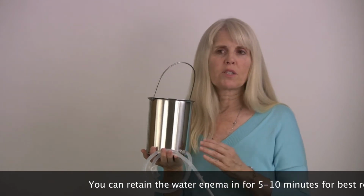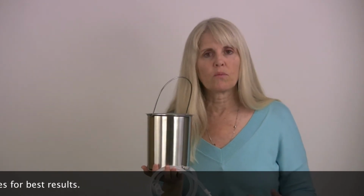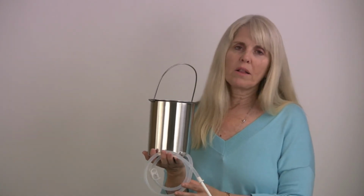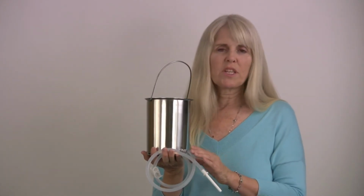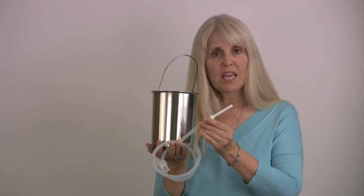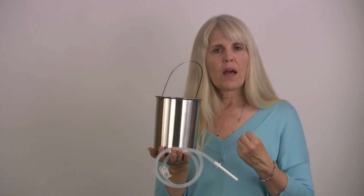Other people have questions about, well, I don't know if I can hold that 1 quart of enema water or a half a quart in. What if I can't hold it and I make a mess and it comes out and goes all over the place? Well, not many people have had this happen. It's rare that it does. You really don't have to worry about it, but if you want to, you can keep the enema nozzle in while you're holding the water in for 5 minutes. That will help